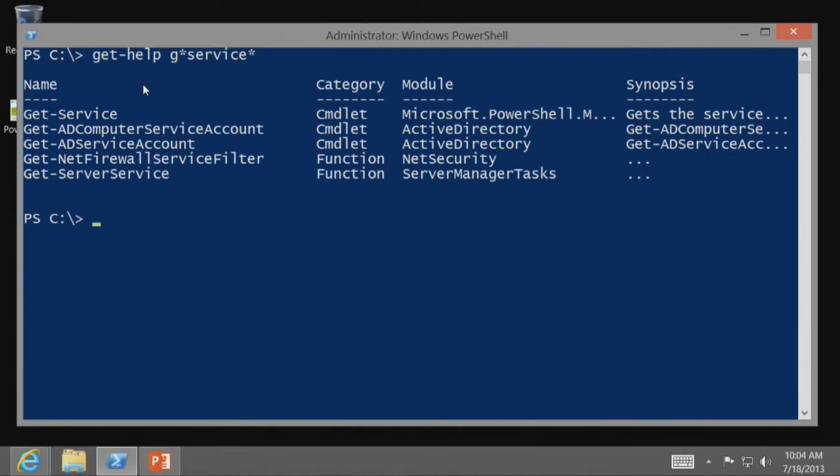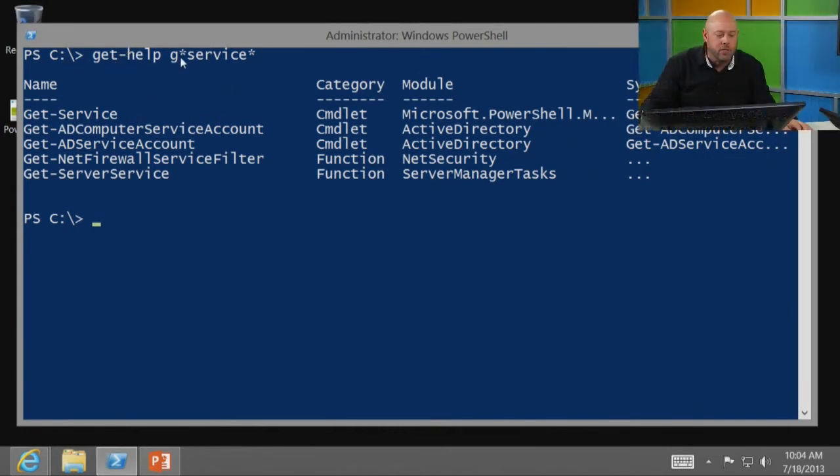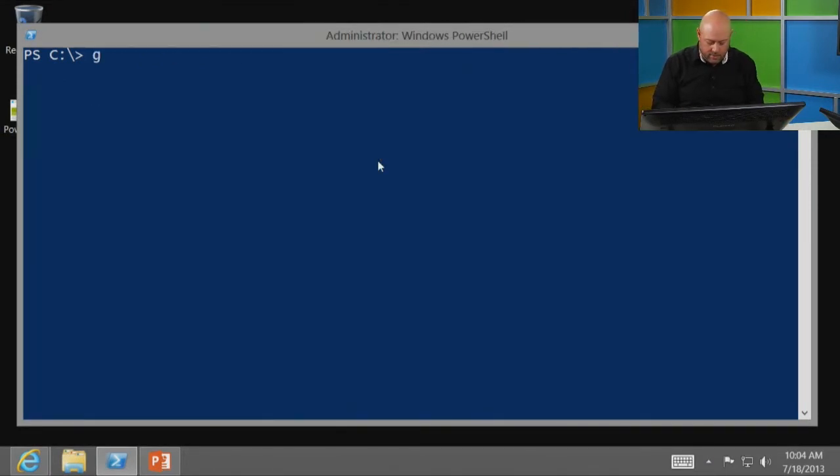So here's the idea, and we're going to do this a couple times. The idea is you search for, and probably by noun, the thing that you want to find. I want to know something about processes, or I want to know something about services, which are the examples I'm going to use a lot. But it could be as simple as AD computers or something like that. And you search for what you want, and when you find it, well, there's a help file for it. So let's go in and take a look. I'm going to do get-help